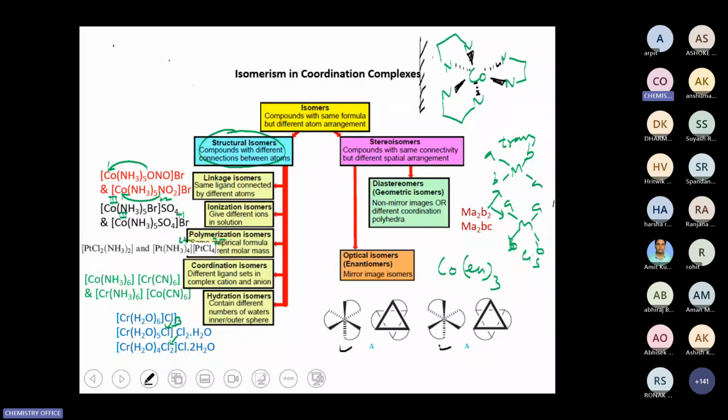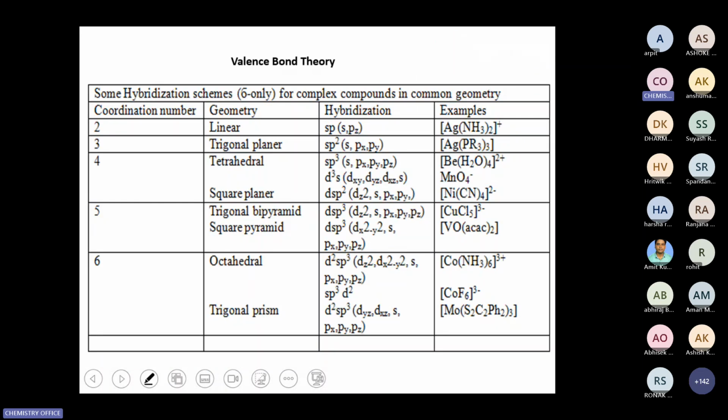Alternatively, the examples will be given. You need to identify the type of isomerism in that. So I think coordination. Okay, so now I can shift to the bonding theories of